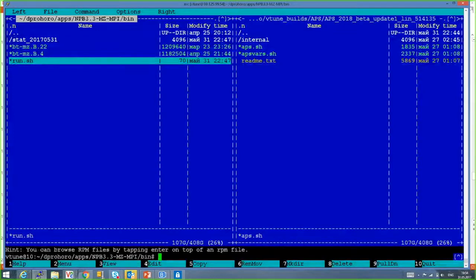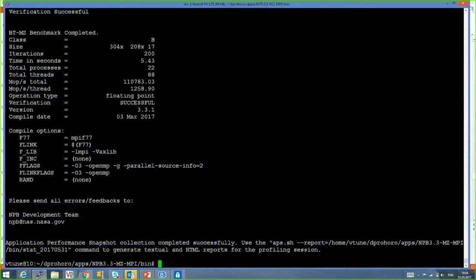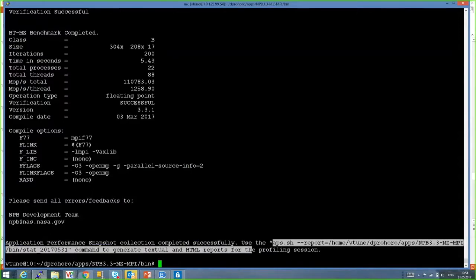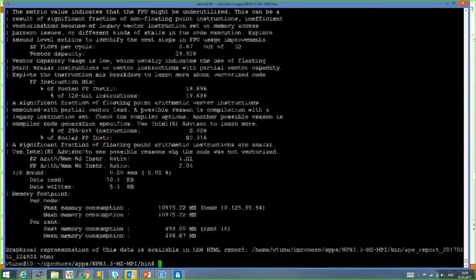So here we can see, actually, to help with report generation, APS will generate a tip that you can just copy and paste to generate the report. So I can just copy this and paste, and here we are. So I have the report,